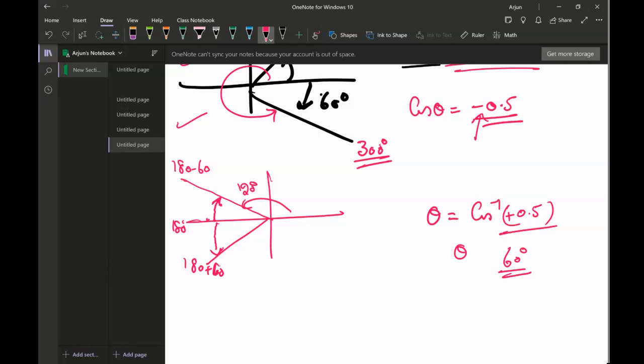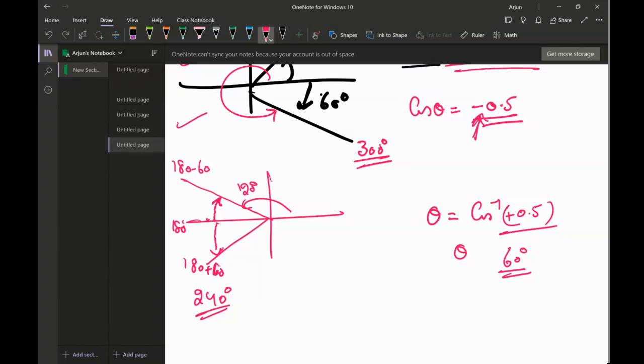So let's see what the value is for cos of 240. Cos 240 is again negative 0.5. Okay, so that's how you can find the angles. This negative and positive will tell you which quadrant you are searching for the values in. All right, so hopefully you were able to